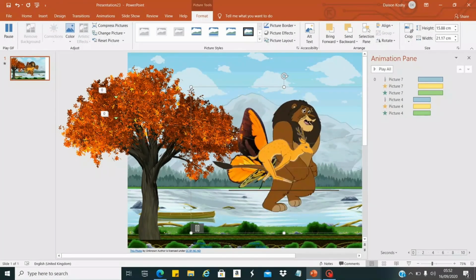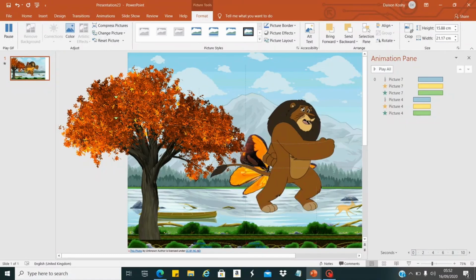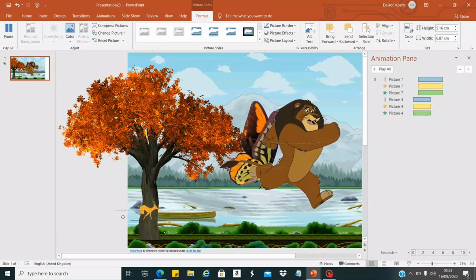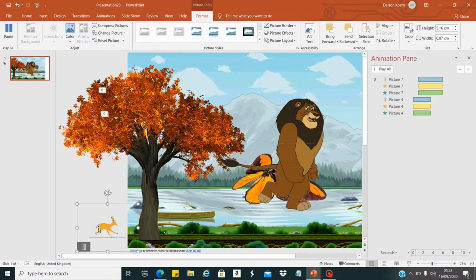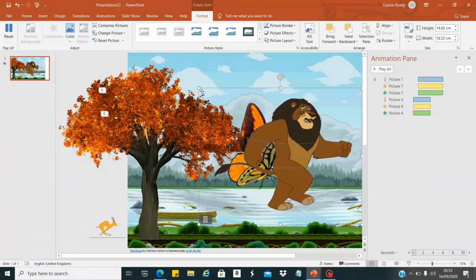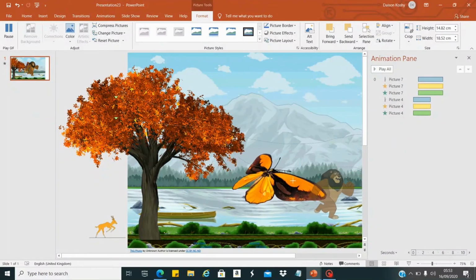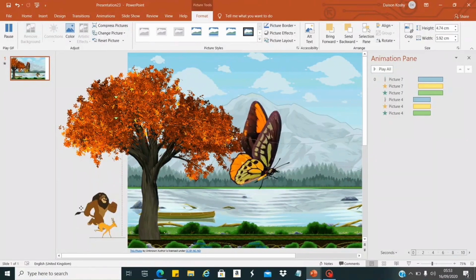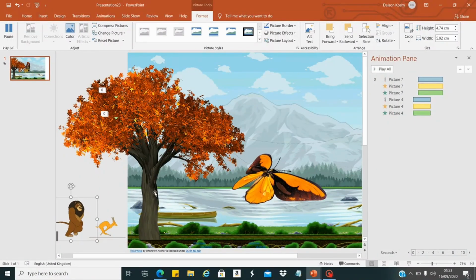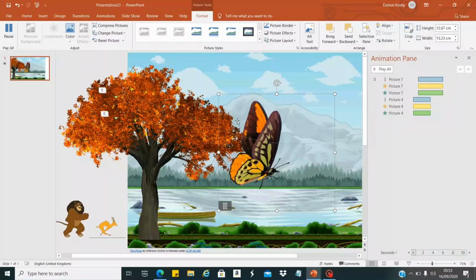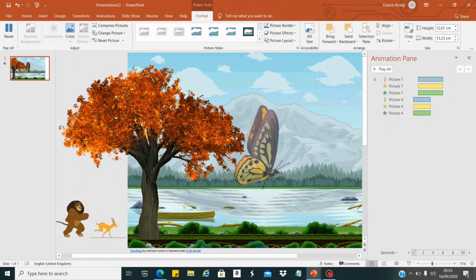Select the deer and make it here outside. I will select the lion, make it small and bring it here. I will select the butterfly and make it here.